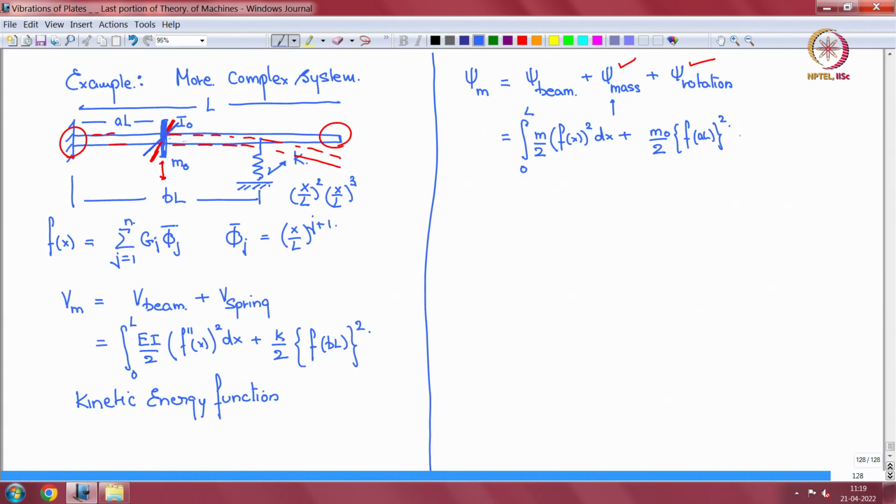Okay, because the omega square is separated out, plus